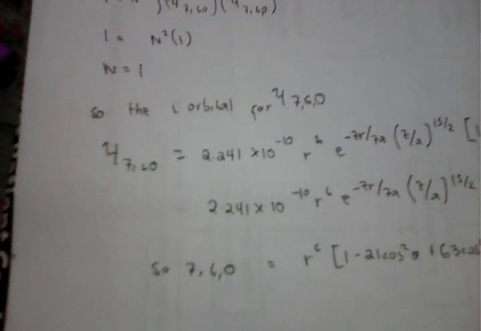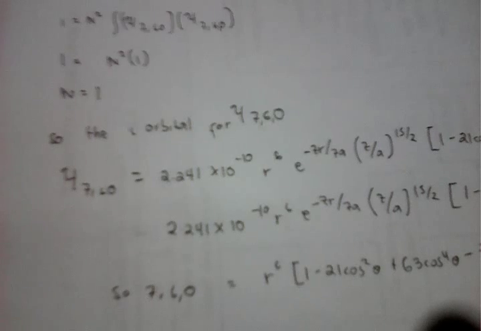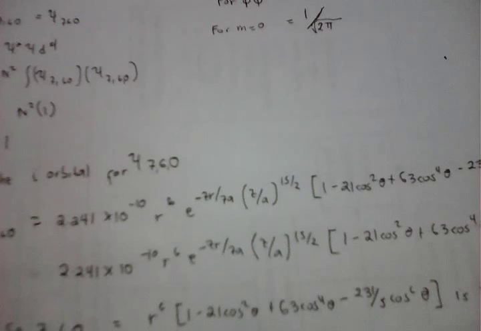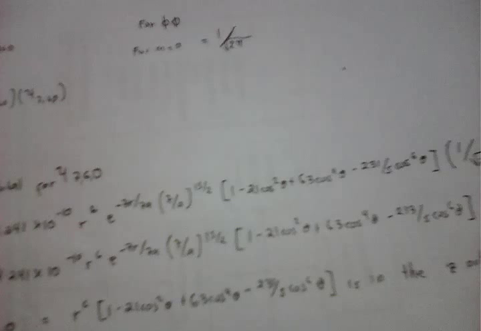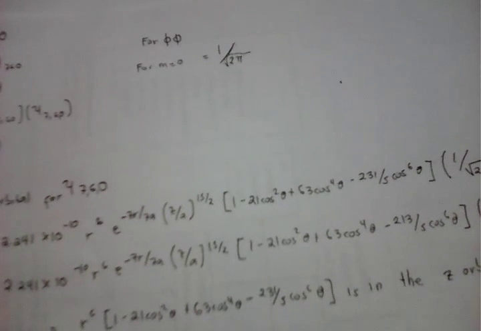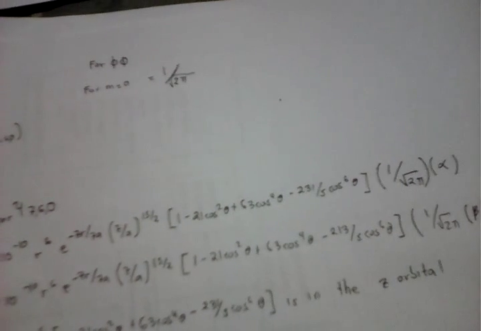So the orbital of psi 760 is equal to 2.241 times 10 to the negative 10 r to the 6 e to the negative cr over 7a z over a 15 over 2 times 1 minus 21 cosine squared plus 63 cosine to the 4th minus 231 over 5 cosine to the 6th theta times the p, 1 over square root of 2 pi, and then the ms alpha, and then same with the beta